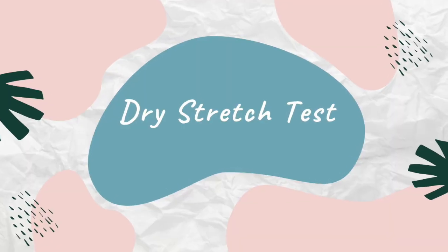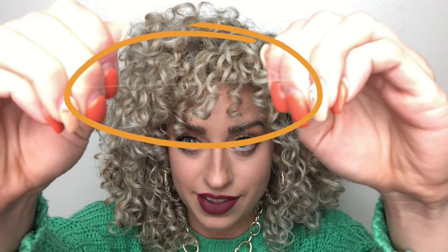A really good way to test if your hair needs moisture is to take a curl from your head. I'm not sure if you guys are going to be able to see this, but it should stretch. This one's stretching, okay? So you guys can see it should stretch nice before it ever breaks. Now if I pull it really tight, okay, now it's going to break. But that's a great way. If it pops right off the bat, your hair is in need of a deep conditioning treatment, okay? So that's a really great way to test very fast if the next time you wash, you need a